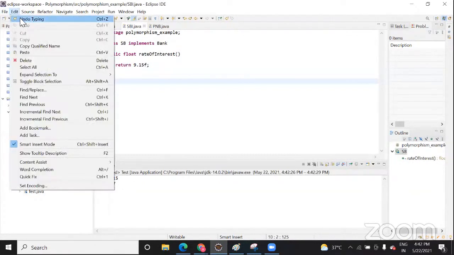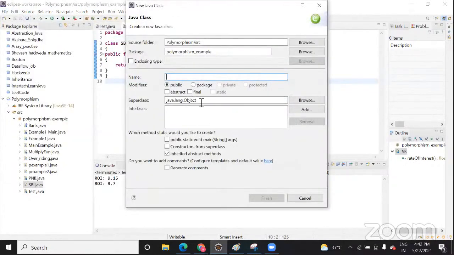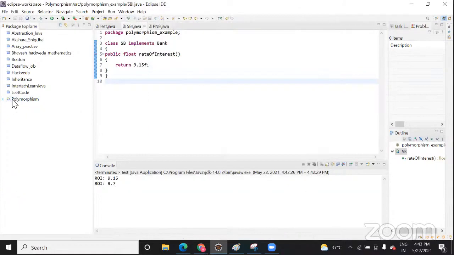Okay. And if you create a new class, when I create, I have the same java.lang.Object, and public. Mine is inherited also, same. Okay, I will look into that. Might be some setting we need to do in Eclipse, and that's the reason it might be giving an error. So I will look into that. Okay. So today, let me close this polymorphism first.